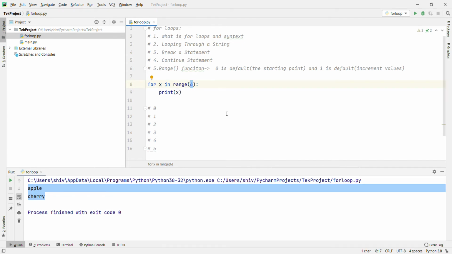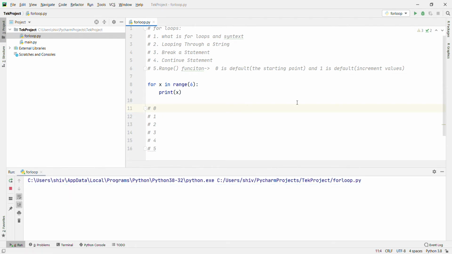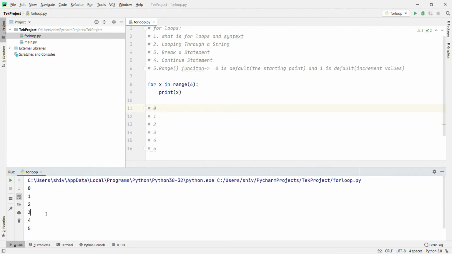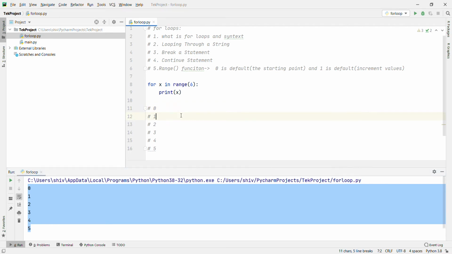Okay, let's run it. It starts from 0 but prints till 5, not 6. Now it's clear, because if you pass 6 to range, the values are not 0 to 6 but 0 to 5. The range function defaults to 0 as a starting value. However, it is possible to specify the starting value by adding a parameter. What does it mean? I will show with an example.